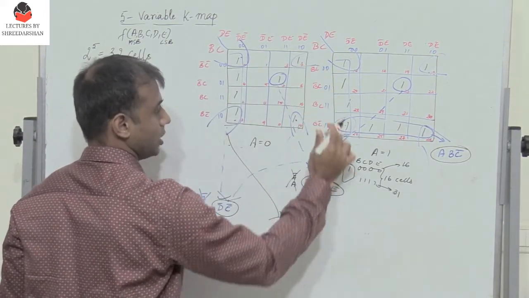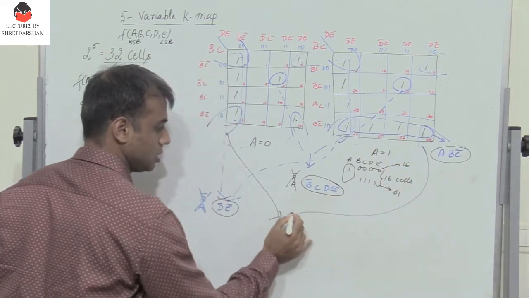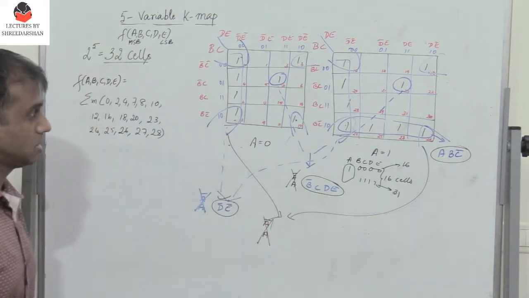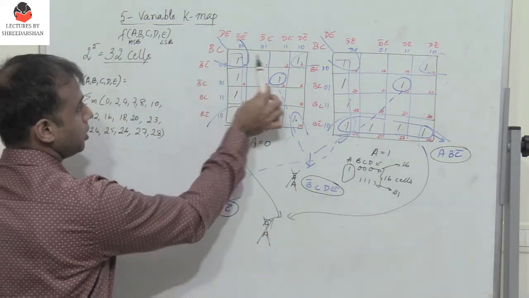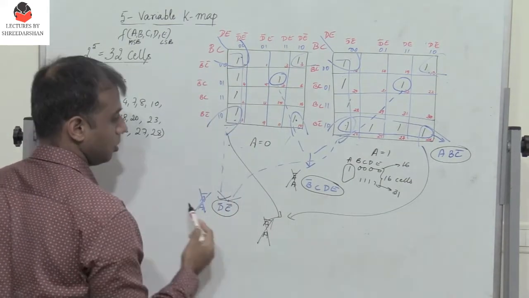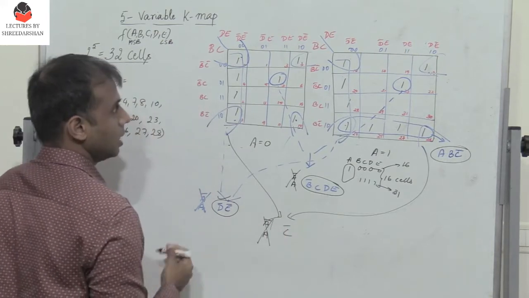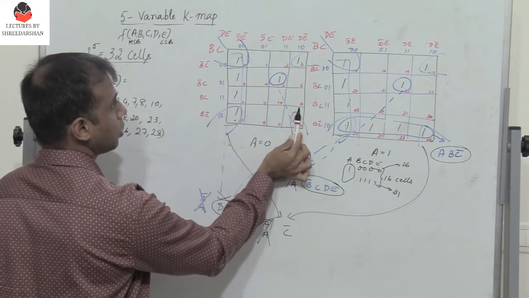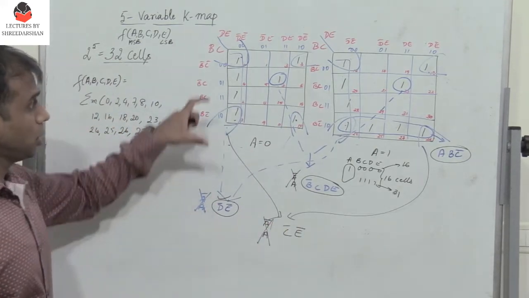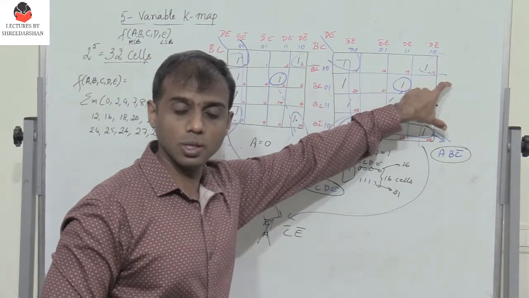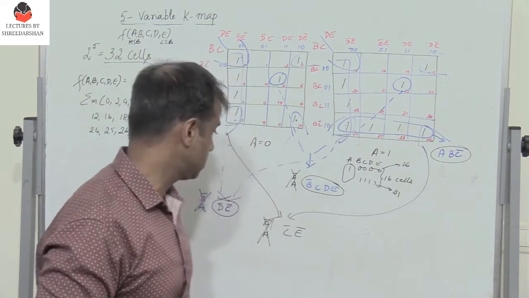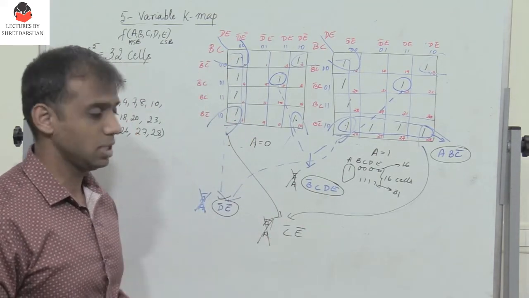For these 4 ones which are present in the 4 corners, of course A is complementary, so the variable A gets cancelled and removed. Now for these 4 ones, I have the first row and the 4th row where B is complementary, so I get C bar. And I have the first column and the 4th column where D is complementary, so I have E bar. So I have 4 ones overlapping with the other 4 ones, so total 8. 2 power 3 is 8, so there's a reduction of 3 variables. So the 3 variables A, B and D get reduced.